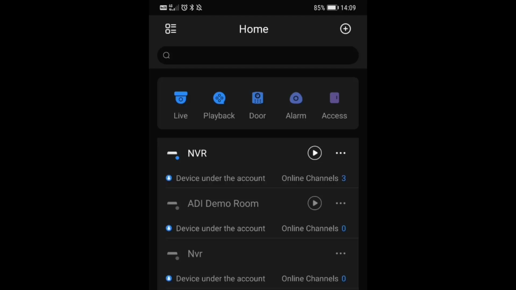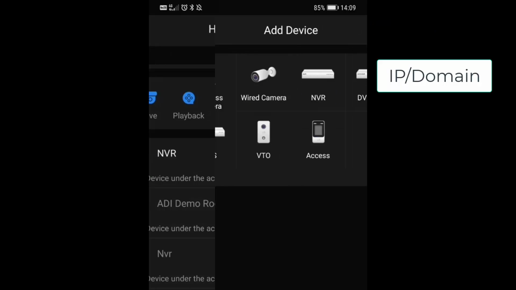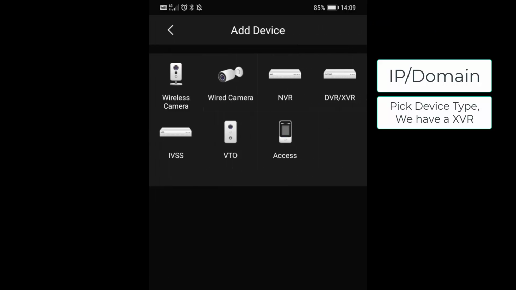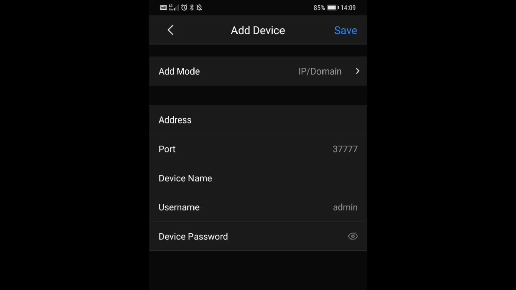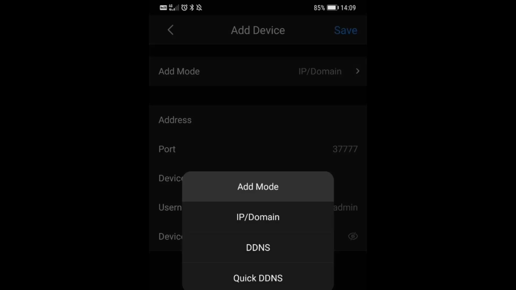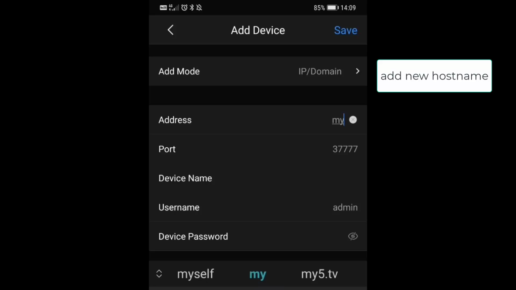But I need the mobile phone app. And from here, I'm going to click Add, which is a little plus at the top. I'm going to select IP domain from the list. I'm going to pick my type, which is an XVR or a DVR. And now I need to add in the address. If I had a static IP address on the internet, I could use it. But we've gone and created a nice new host name from the previous tutorial earlier on, which is actually my